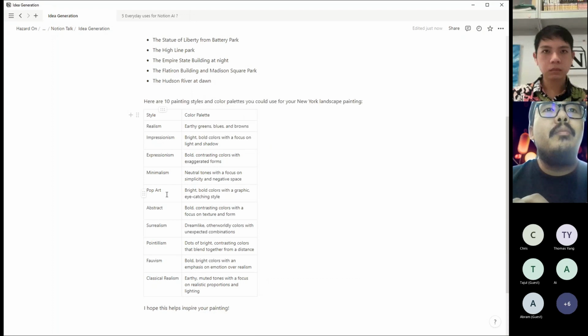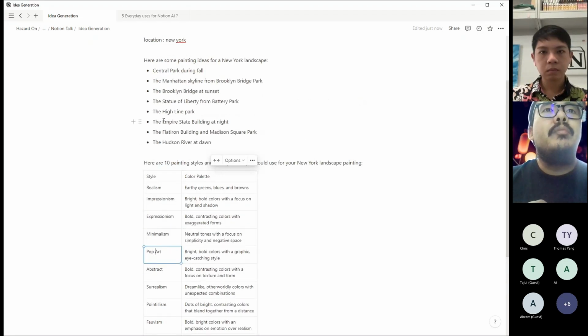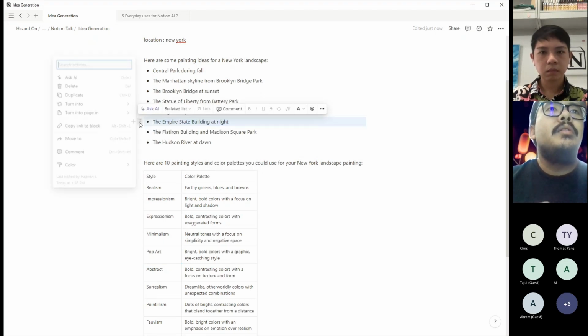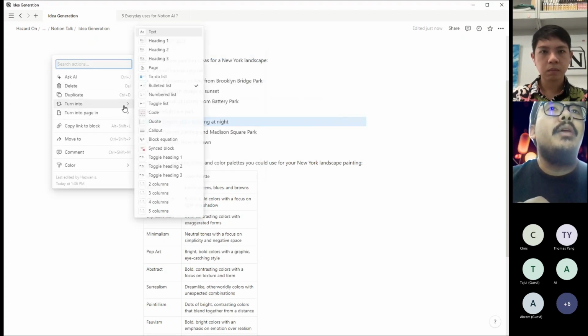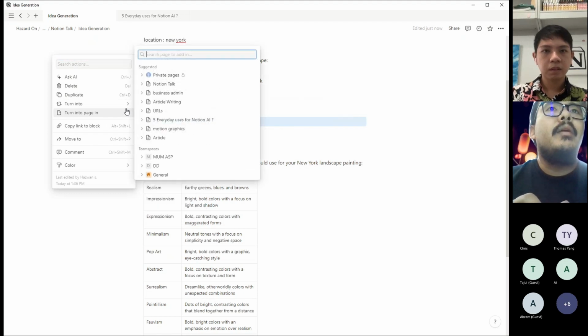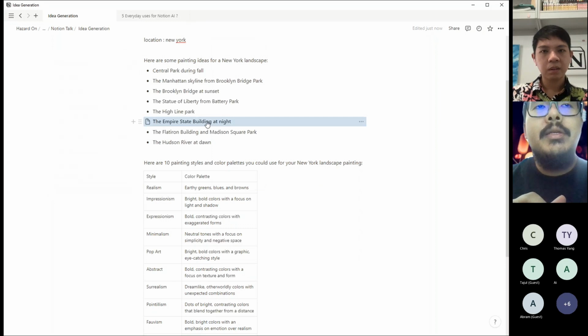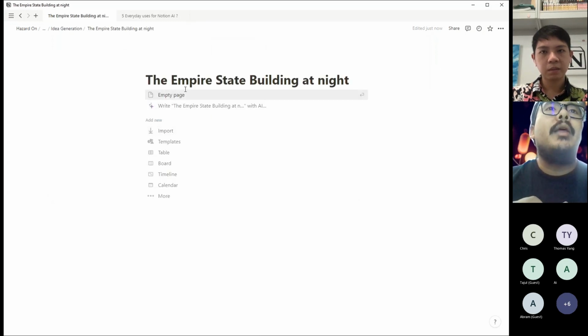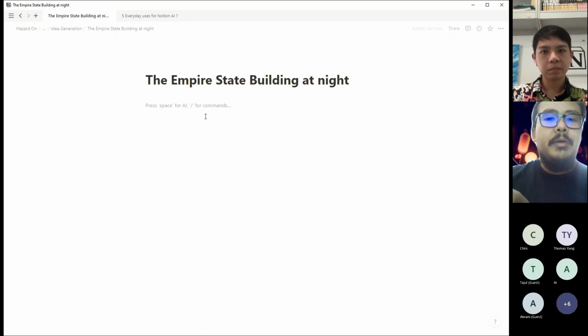So the best thing you can do is you can take this and make it a page. So we can convert it into a page. When you put this as a page, it can go down one level, and you can keep on adding stuff that you need.